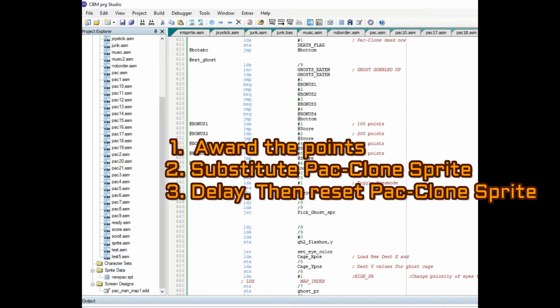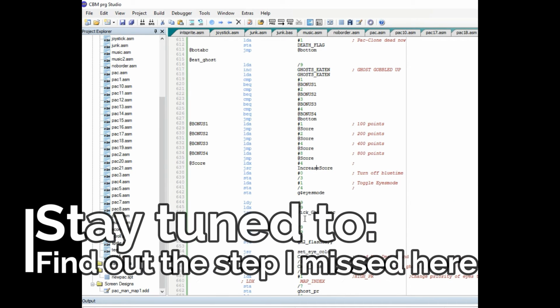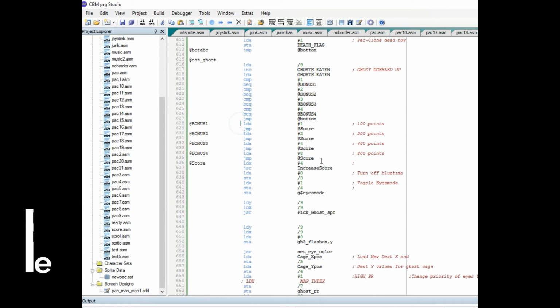Then have a short delay, then change the PatClone sprite back to what he was before, then resume gameplay. That's what needs to happen in this section of code here, and I'm going to get started on that shortly.